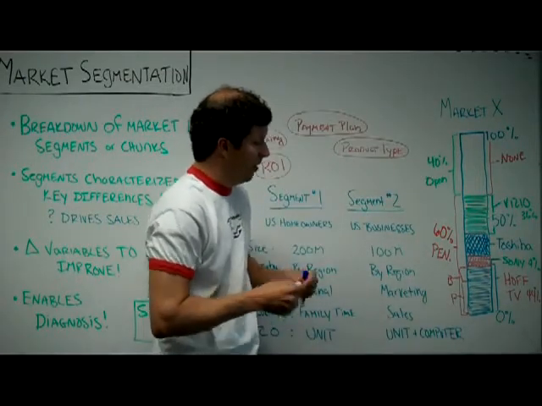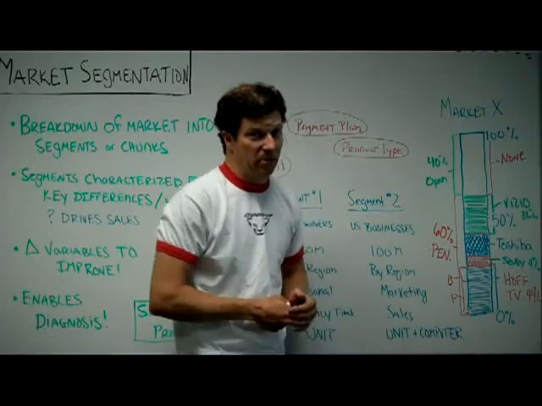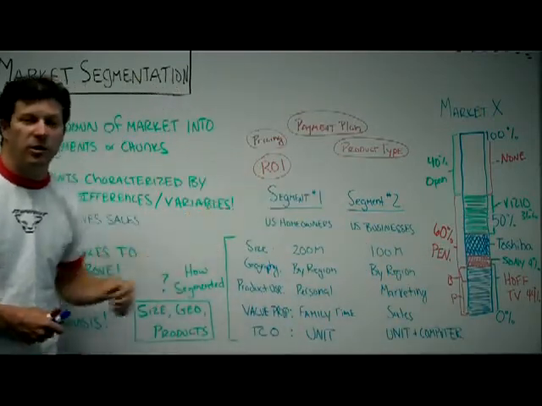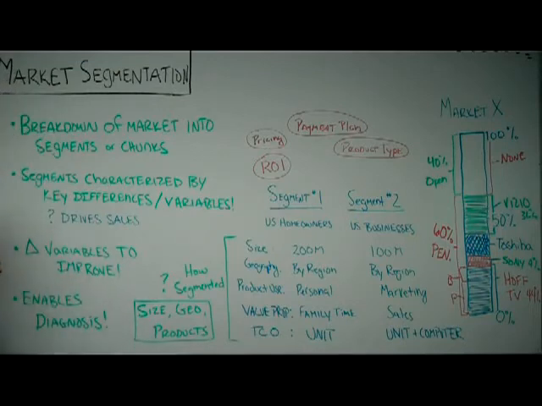I may have different segments than my competitor, but my market segments are what I'm going to use to drive this variable equation to try to improve sales. So a very good exercise for companies to go through is market segmentation. Look at your segments of markets, what characterizes those segments, and then start playing with variables that may drive sales faster in those segments.